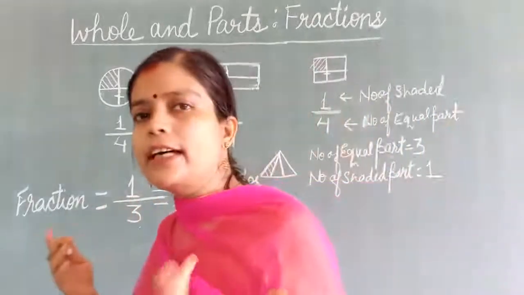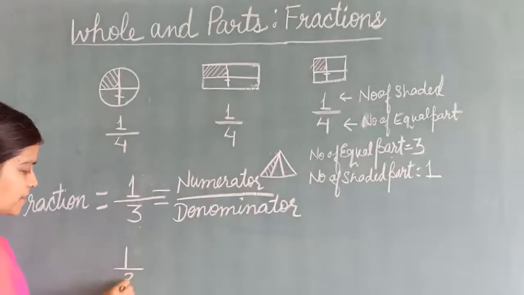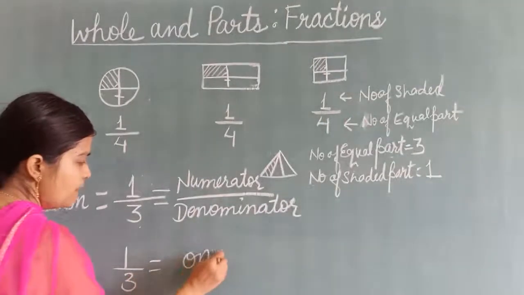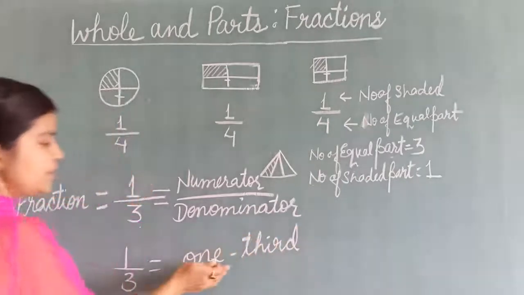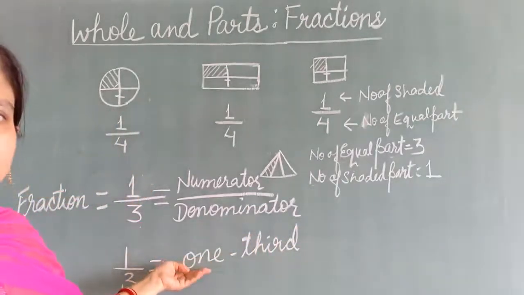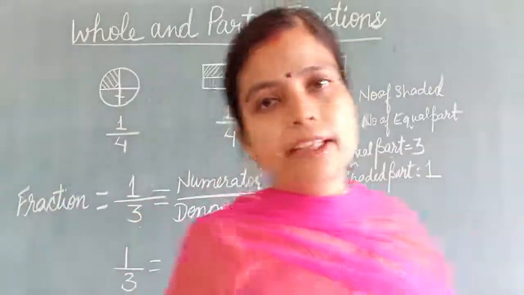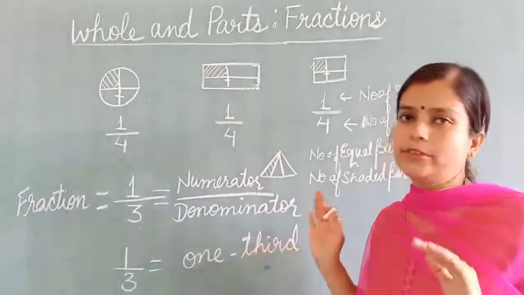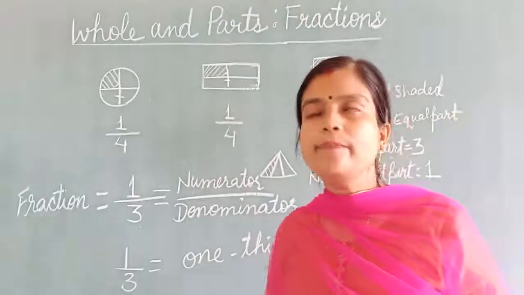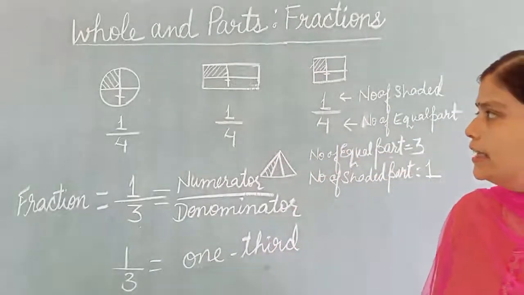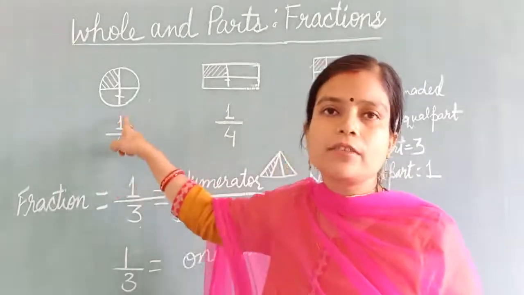And what we are reading, that only we are writing, so to write in words we can write 1/3. So the numerator we read as a number only, 1, 2, 3, 4, and the denominator we will read as an ordinal number, first, second, third, fourth, fifth. Okay. So here it is 1/3. You understood till here?